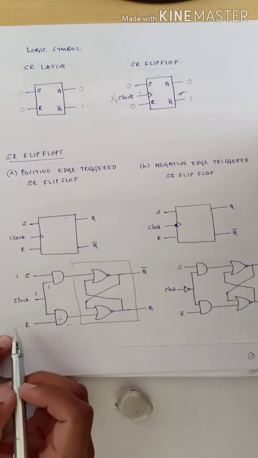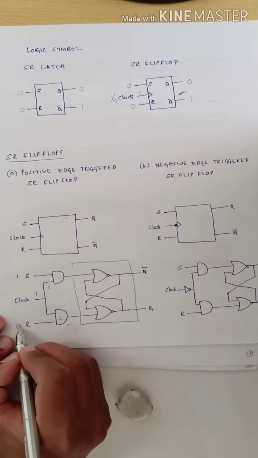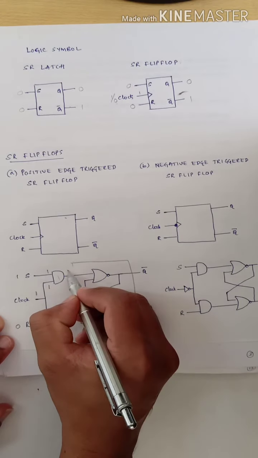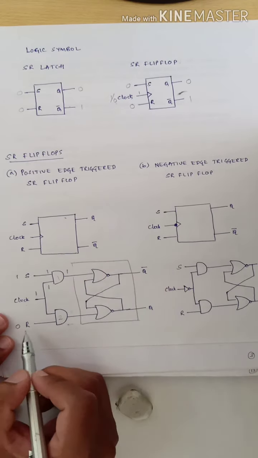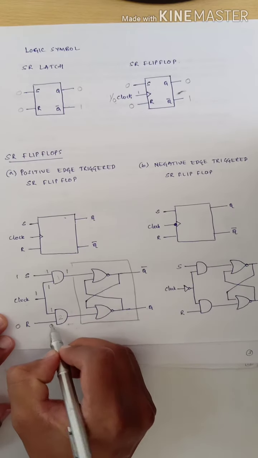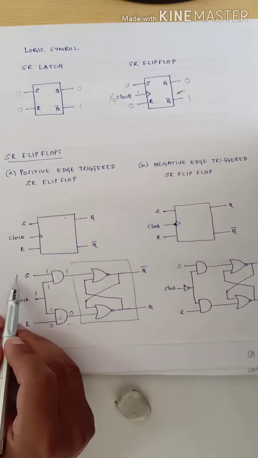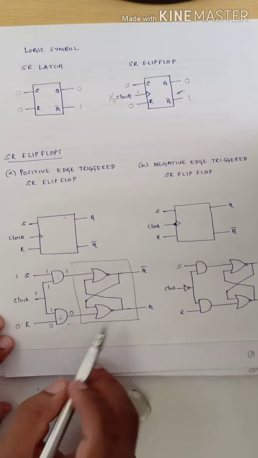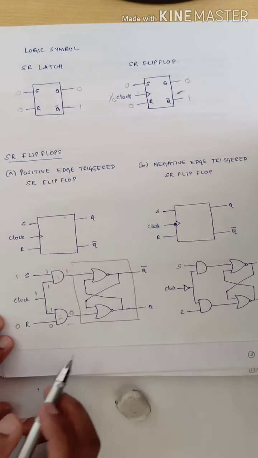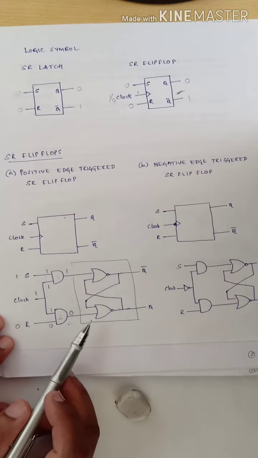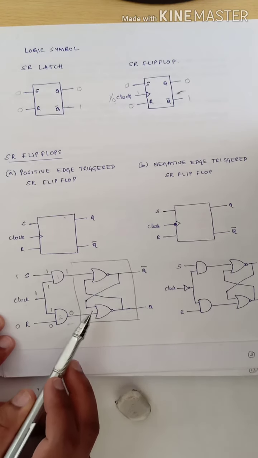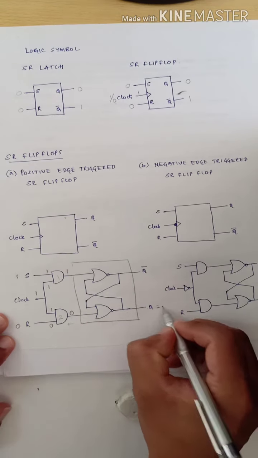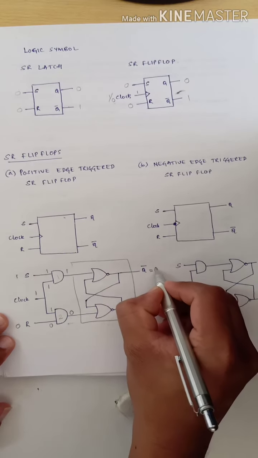Now let us look into the third combination, when S is equal to 1 and R is equal to 0. When S is 1 and clock is 1, the inputs are 1 1, which results in the output 1, and for the other gate the combination is 1 0, which results in the output 0. It means the same value 1 is available here and this 0 is available here for the SR latch. Just remember, in the case of the SR latch constructed using only NOR gates, when the inputs are 1 0, the output is set. Set means Q will become 1 and Q bar will become 0.